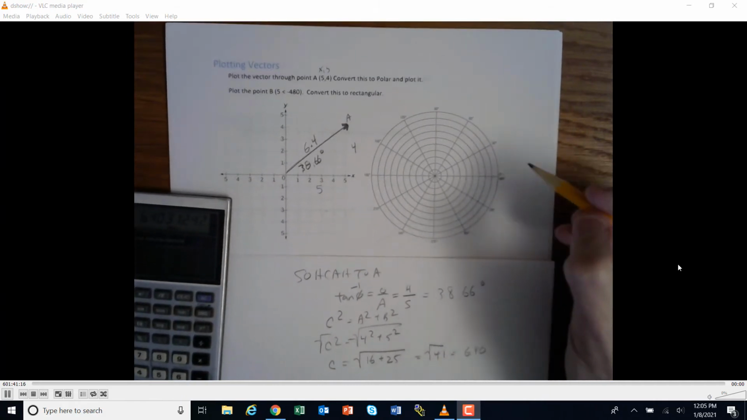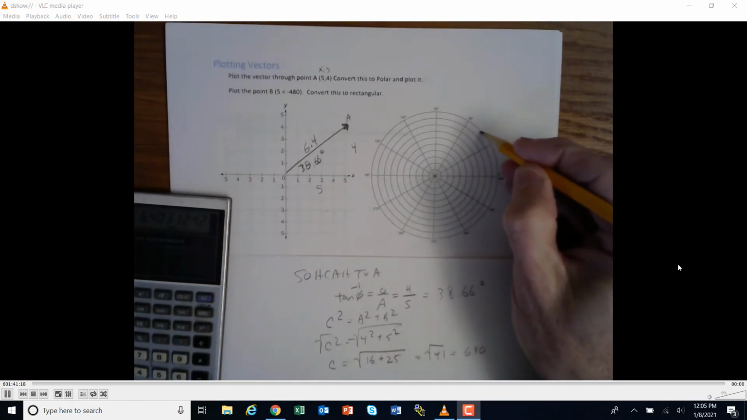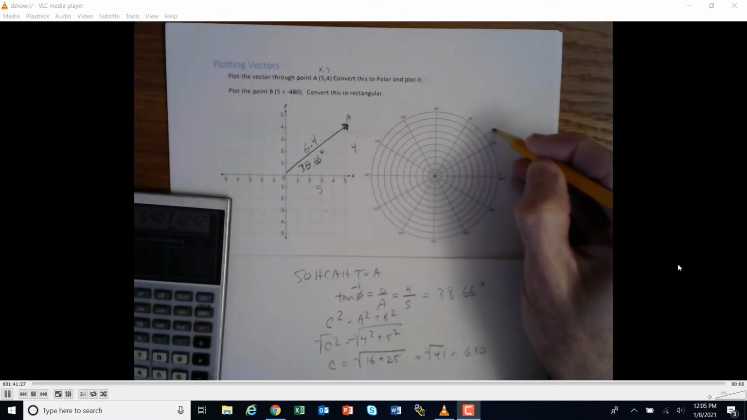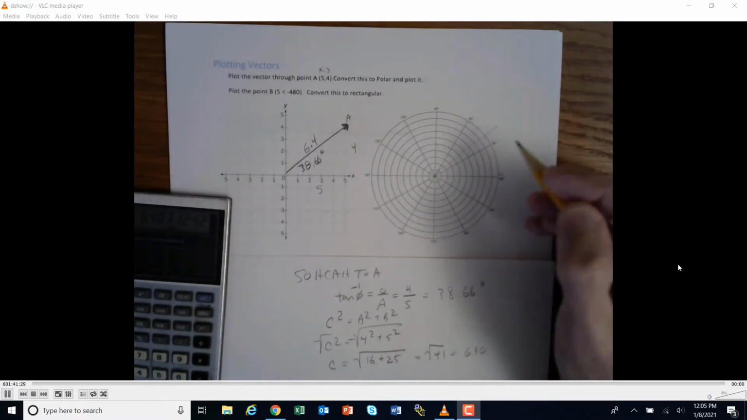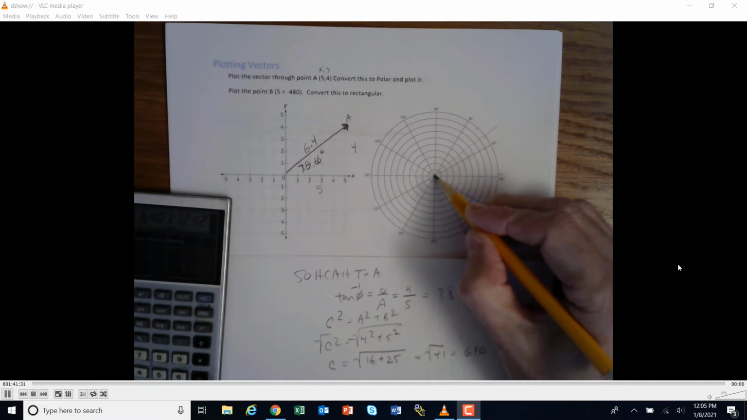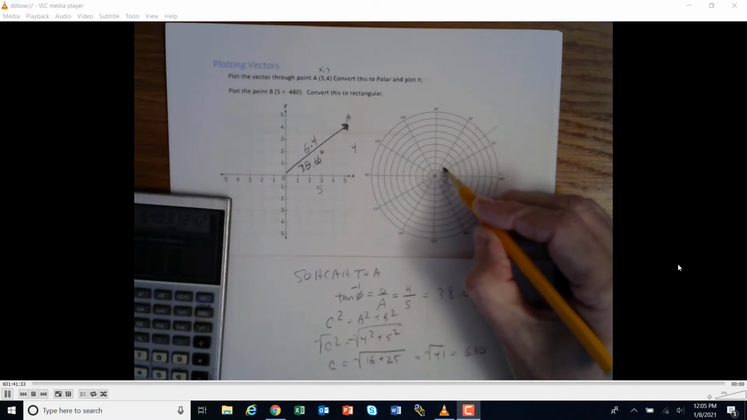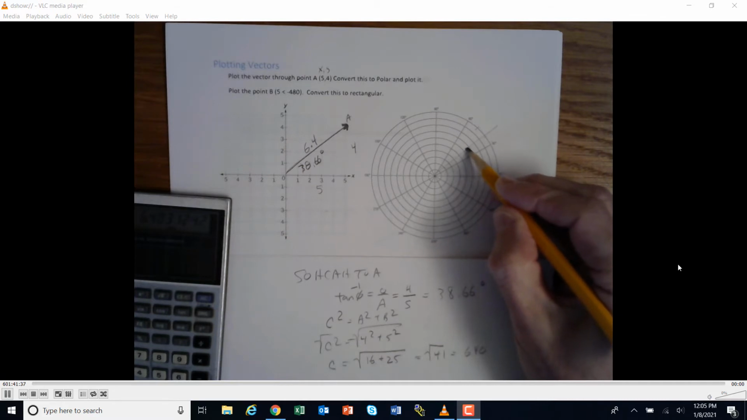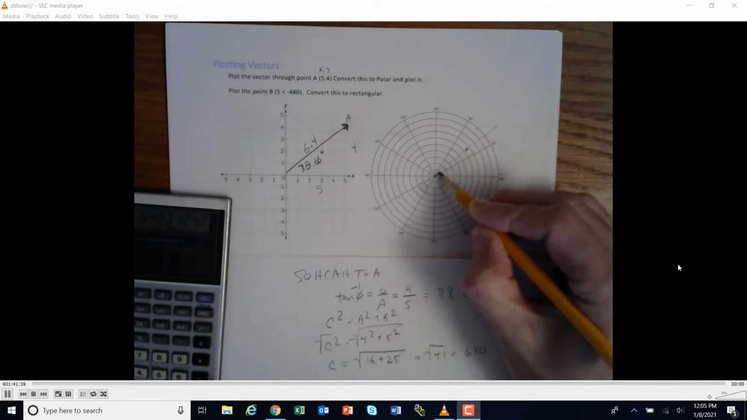So if I come here and I plot it, I've got 30, that's probably 40, 50, 60. So I'm not quite here, so it's going to be kind of along this line right here. I'll draw it lightly, and I'm going out 6.4 units. So 1, 2, 3, 4, 5, 6, and about half. So there's my point there, and if I draw it onto there like that,